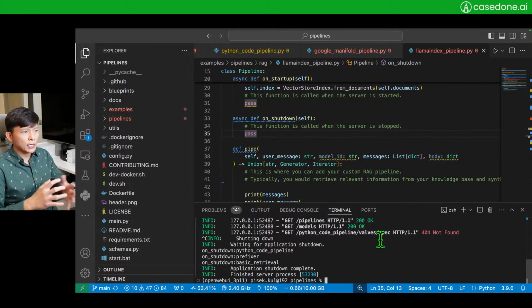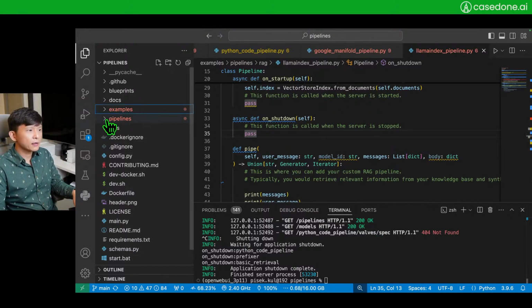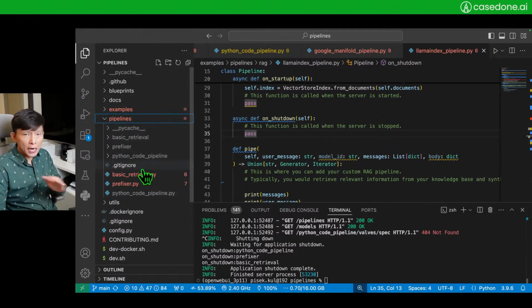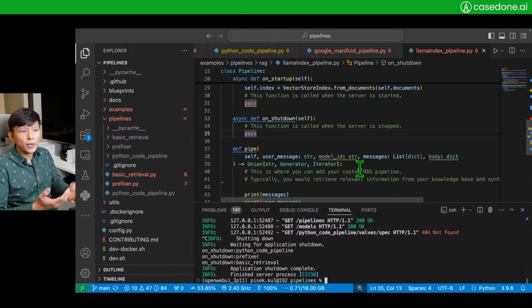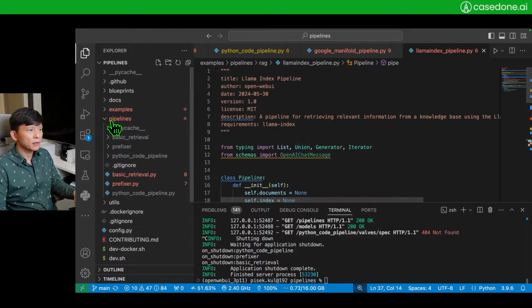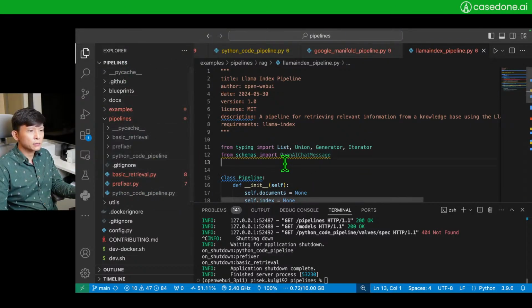So what I did here is I cloned the GitHub repo in order to be able to run and add my custom pipelines very easily. When you write your pipeline in a Python file, you can just drop it into the pipelines folder inside this pipelines repo in here. And I have 3 custom